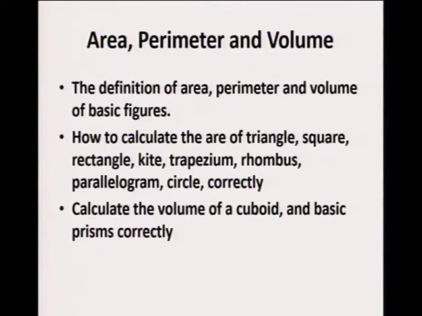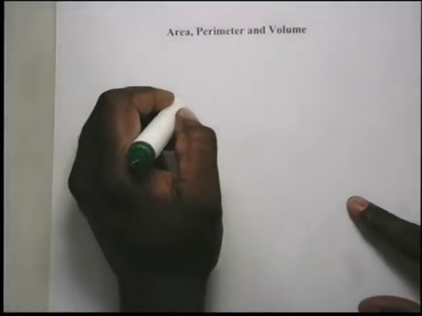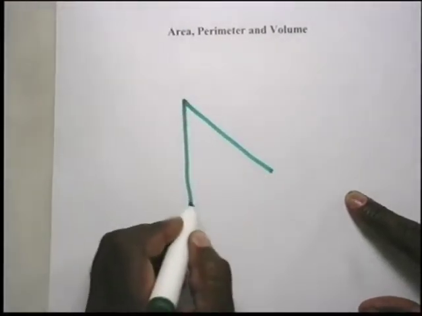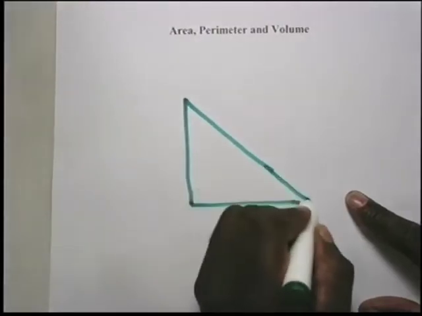Again, we have aspects of area and volume that we are dealing with in terms of the assignment. Now, area, perimeter, and volume of basic shapes. For example, the triangle, the rectangle, and the square. So now if we focus on the screen, suppose we have the figure that I have drawn there, a triangle,